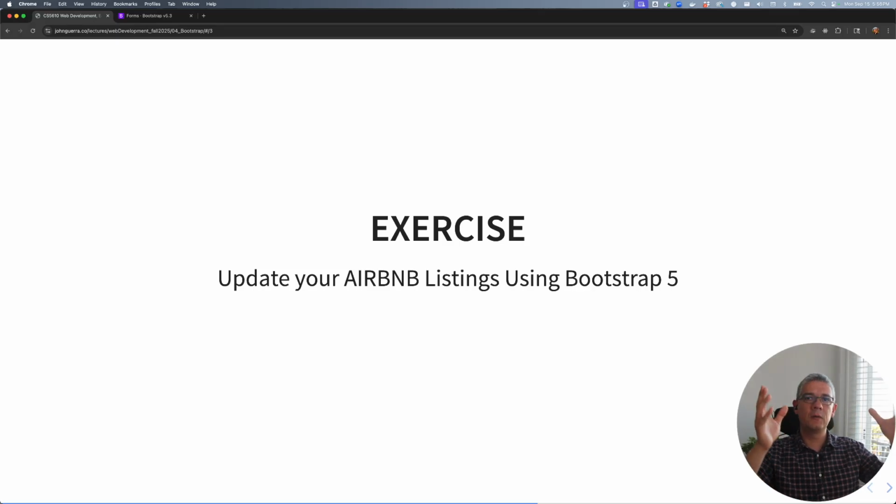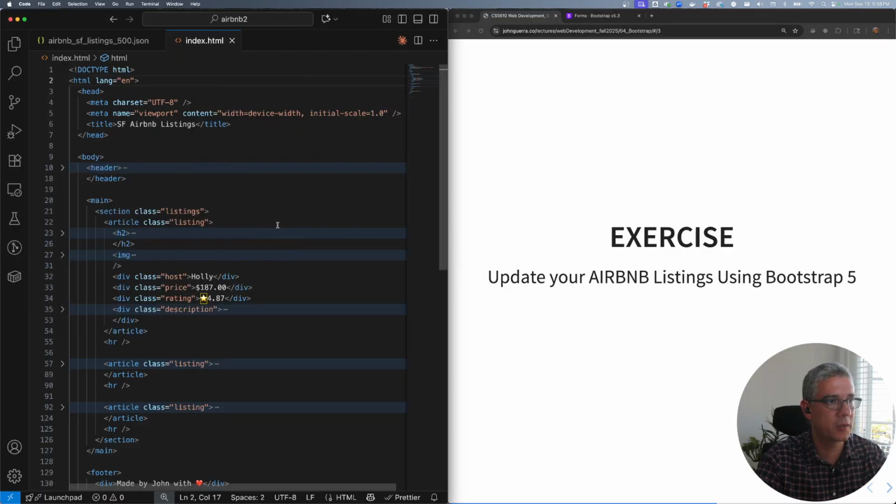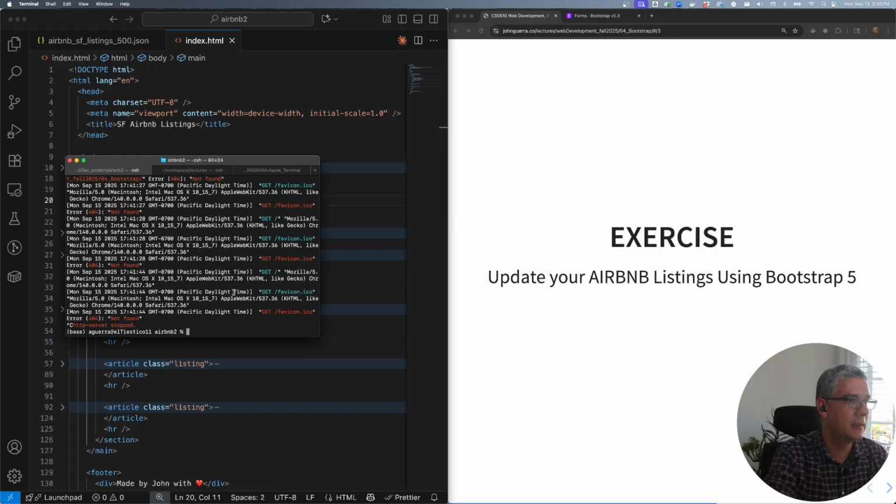Good. So we already saw a little introduction of Bootstrap, and let's try to see it in action and how we can use it. So the whole idea is, let's continue from the example that we were doing, hopefully in here, where you can see the basic application we were creating. Let me start creating a little